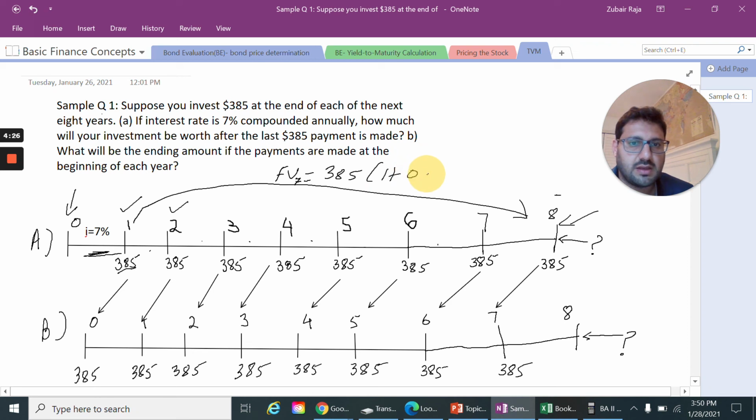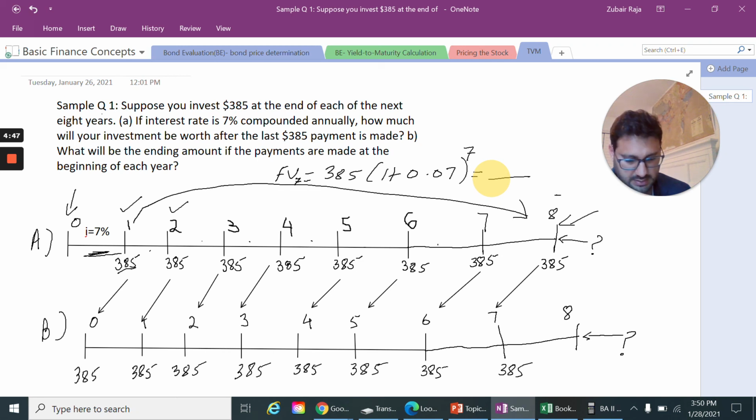In decimals, 7% is equal to 0.07, raised to the power 7, right? So whatever will be your answer over here, you'll find the answer. In fact, let me do it on the calculator right now. 1.07 raised to the power 7 multiplied by 385, right? So it is $618